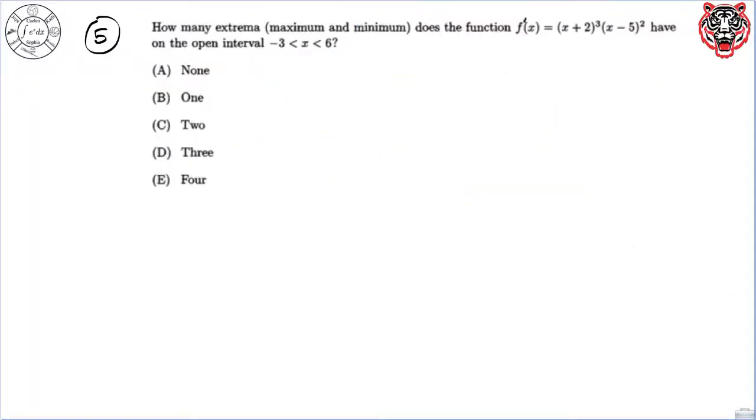All right, number 5. For number 5, we're asking about extrema. So what's the definition of extrema? Extrema is where f prime has a sign change. And the easiest way to determine that, if we're given f prime, is where do I have an